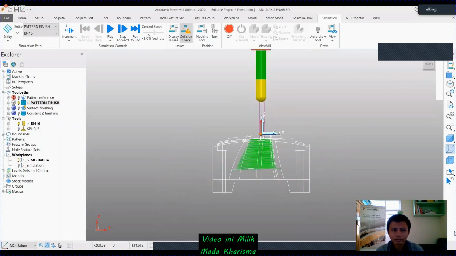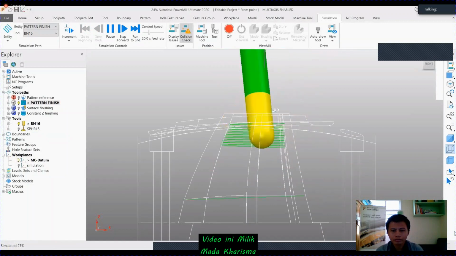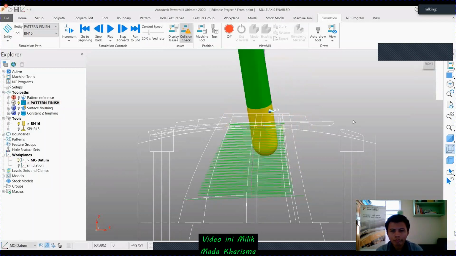It just follows the fixed point, and it will follow the pattern which we had given earlier from the pattern reference. So it's simply created. It's a very simple toolpath to create using pattern finishing.